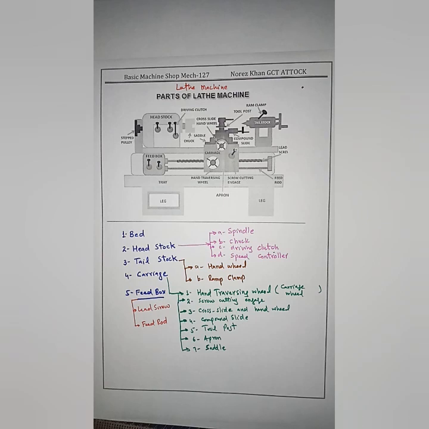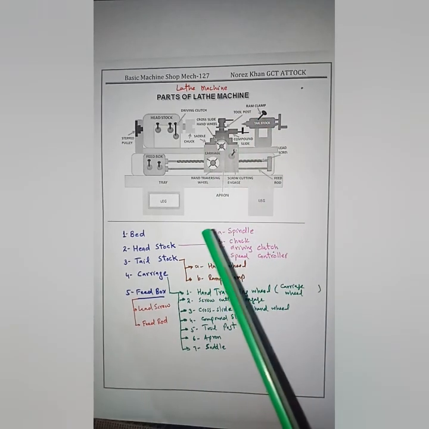This machine works by holding and rotating the workpiece, and a tool bit is advanced towards the workpiece which causes the cutting action. Lathe machines have various uses. Some of them are metal working, wood turning, metal spinning, thermal spraying, glass working, and many more. Lathe machines are of many types, but all of them have some basic parts which are essential for its proper working. Now we talk about the parts of a lathe machine.